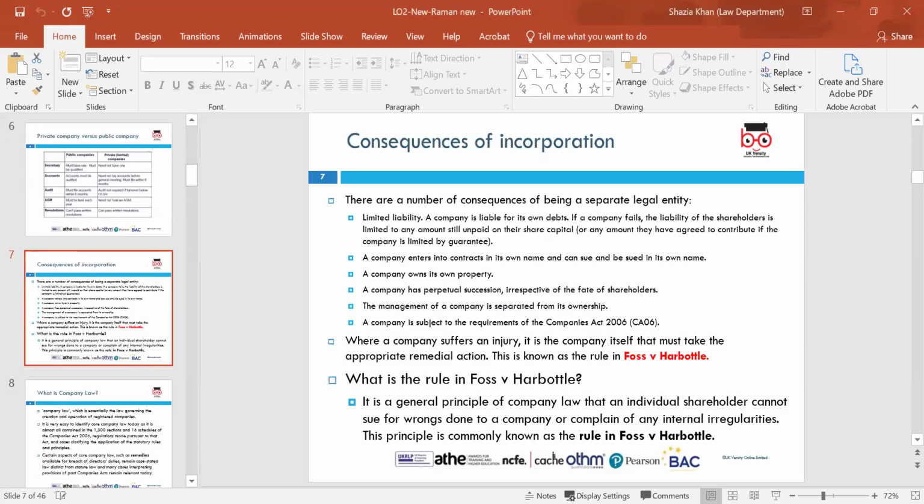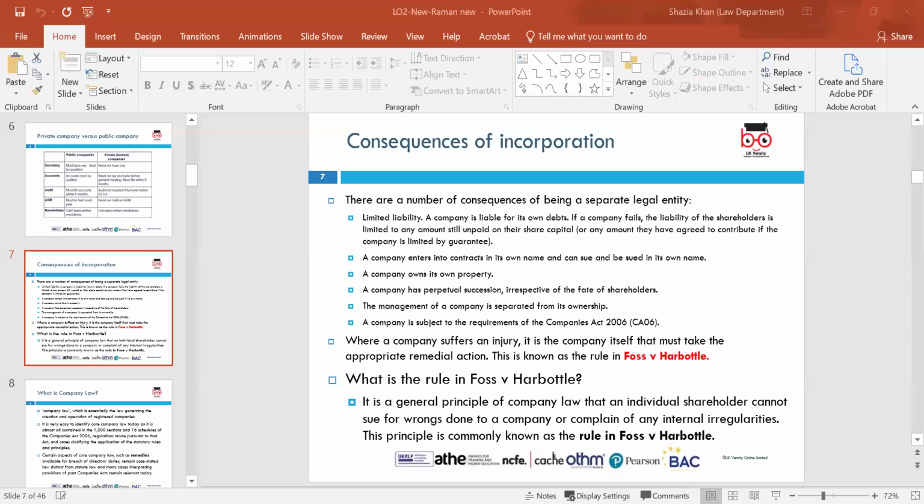Consequences of incorporation. There are a number of consequences of being a separate legal entity. It's really important, in regards to your business, that being a legal entity has different consequences. You can't just set up a business and think that these elements don't apply. So there are a number of effects of